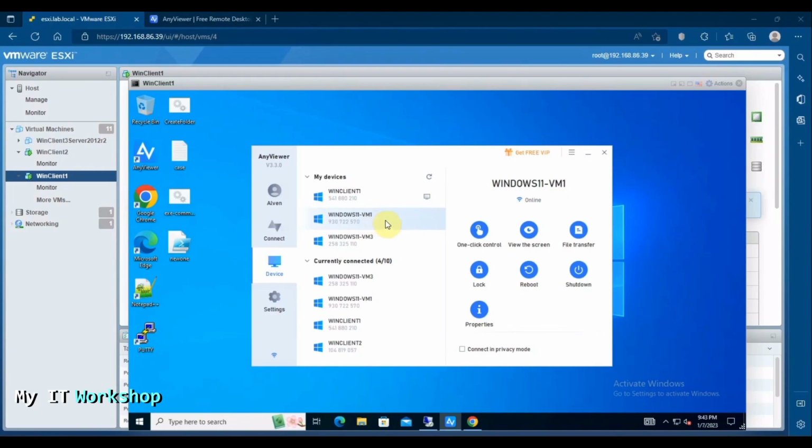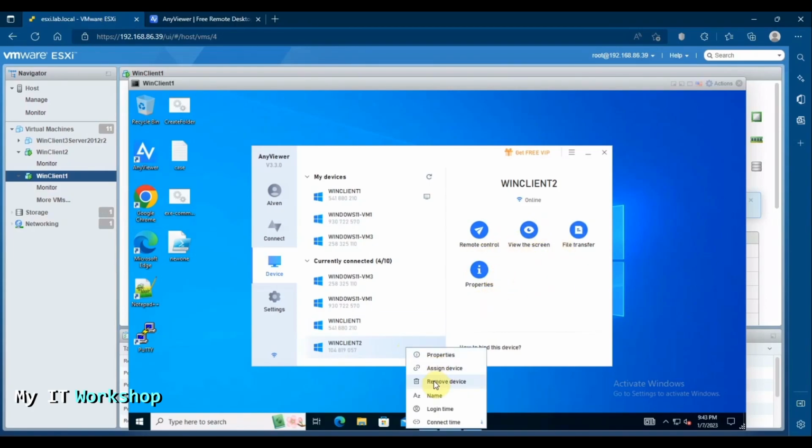Now let's close this, and the other option that you can see over here is if you right click on a machine, you see all these options, right? Let's say this machine died, or you don't need it anymore, or it is deprovisioned or something. If you right click on it, you can unassign it. What this is going to do is remove it from your devices and send it down here. Like Win Client 2 is not under my devices, right? And you have fewer options over there. So once there, if you don't need it anymore, you can delete this machine. You can remove it. That doesn't mean you won't be able to connect in the future. It just means it's going to be removed from here. Okay, so